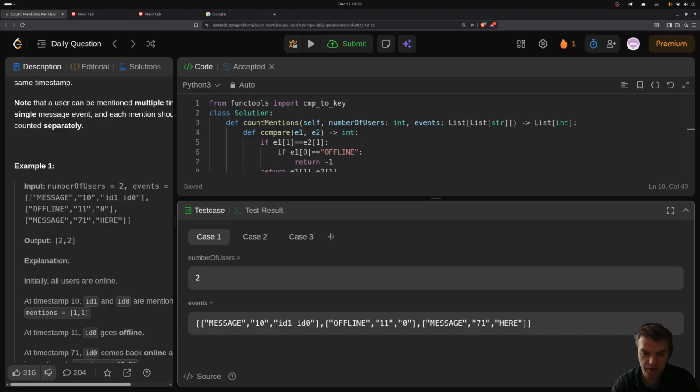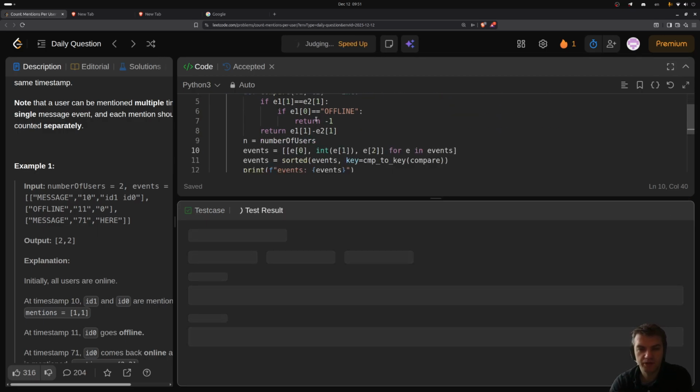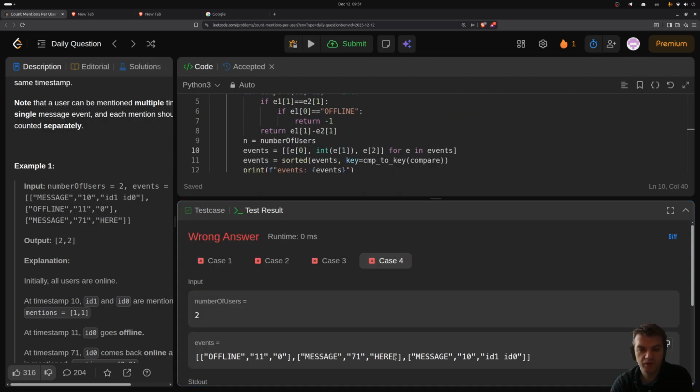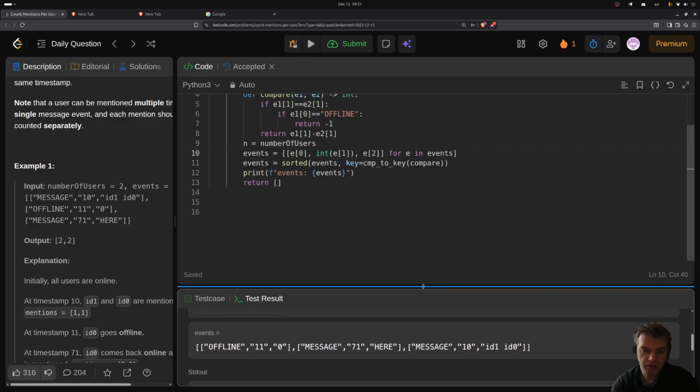Let's say test case. Let's do the same events, but I'm gonna mess it up. Like I'm gonna move this at the front, and then let's run it and see that this sort is actually working. So it's working. So I can continue. So next,